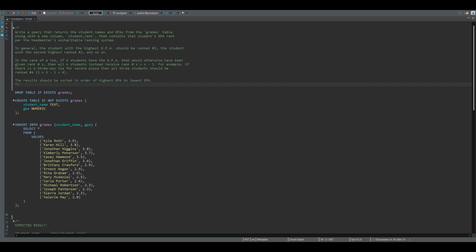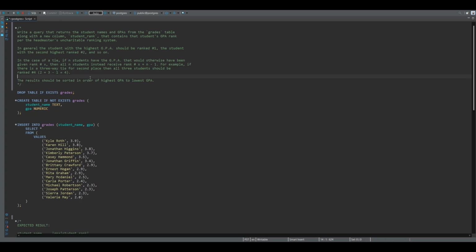This uncharitable headmaster happens to be preparing this year's rankings soon, and he needs a bit of help querying the student database. And that's where we come in. I'm going to go ahead and load up our database with a 15-row sample of the student data. There is a single table, grades, with 2 columns, a text column called student name and a numeric column called